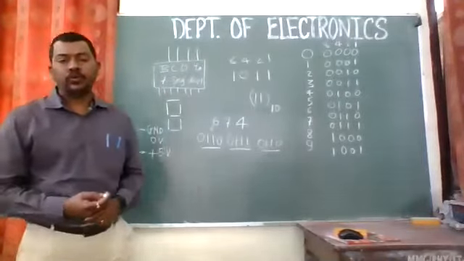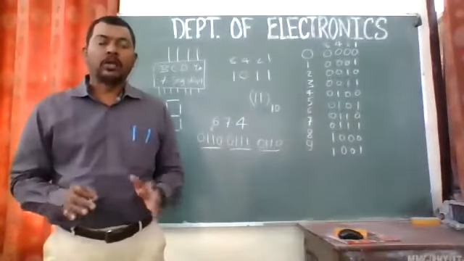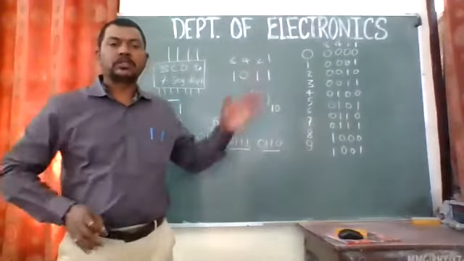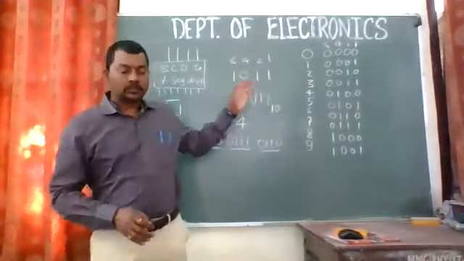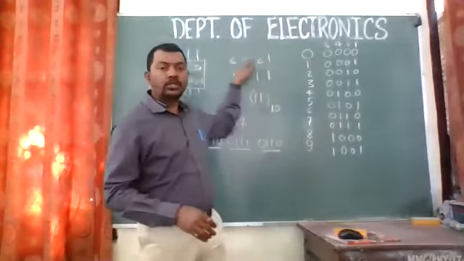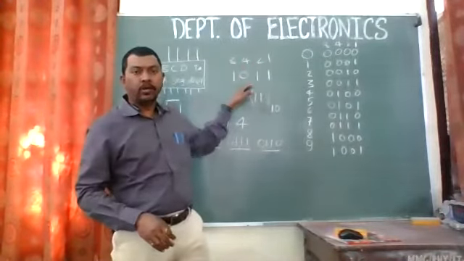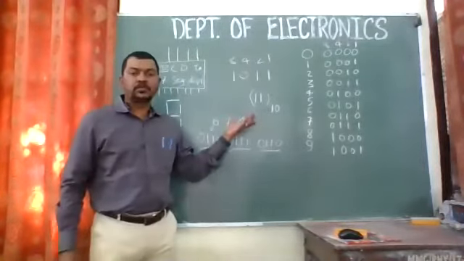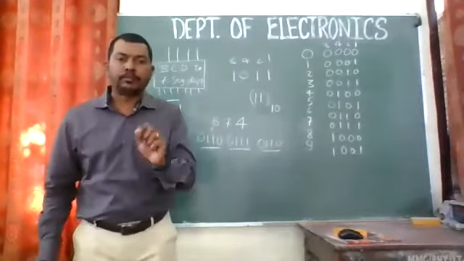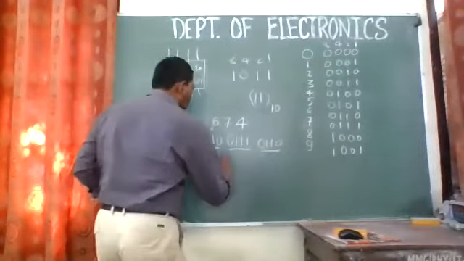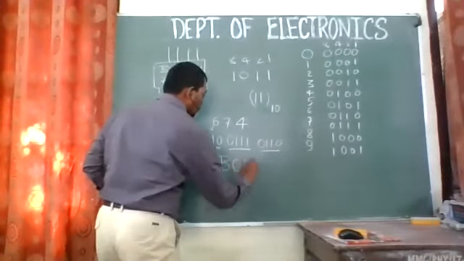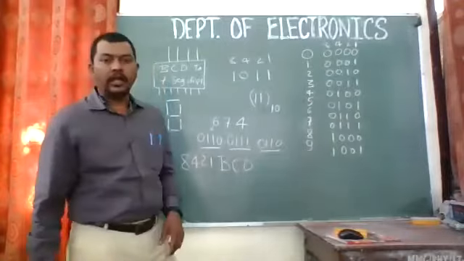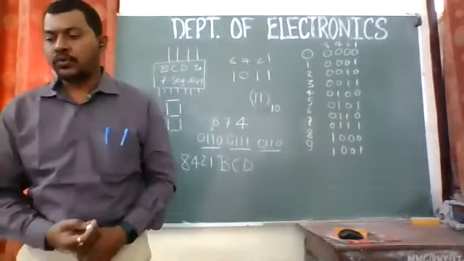8421 BCD code. I guess you have understood how and why we require this 8421 BCD code, right? Actually, these are the weightages on a particular bit of a binary number, but it is coded up to decimal. So what does BCD stand for? Binary coded decimal. So we call it the BCD, the 8421 BCD code.